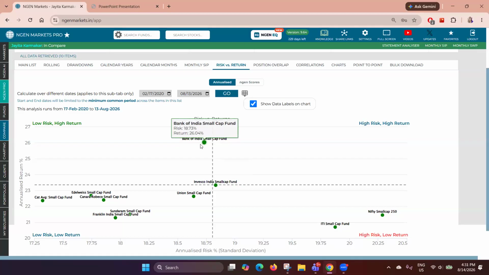If I hover my cursor on this Bank of India small cap, you can see the fund has plotted itself in the low risk, high return quadrant. The risk is 18.73% and the return is 26.04%. And if I hover my cursor on the benchmark, you can see the benchmark is plotted in the high risk, low return quadrant. The risk is 20% and the return is